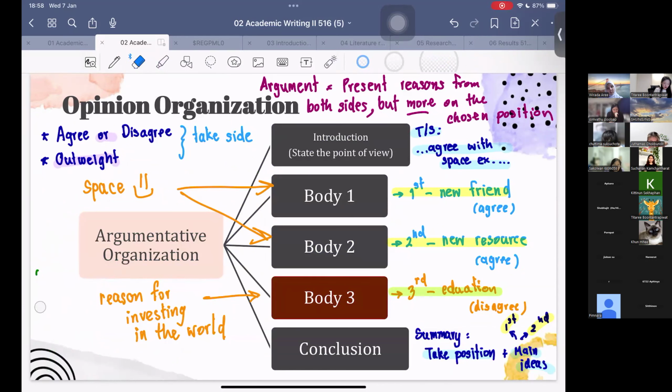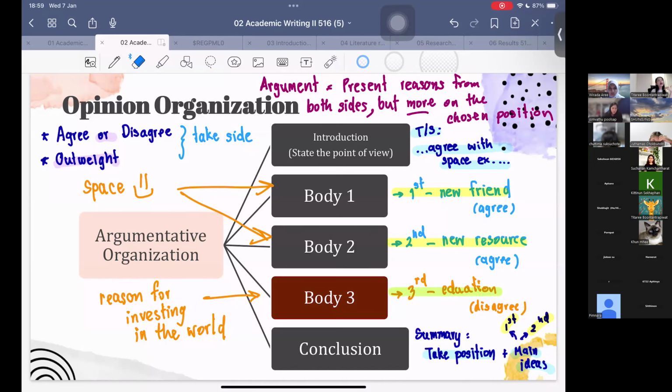okay, sorry. Okay. And this is the second one called argumentative organization. So argumentative organization would be suitable for